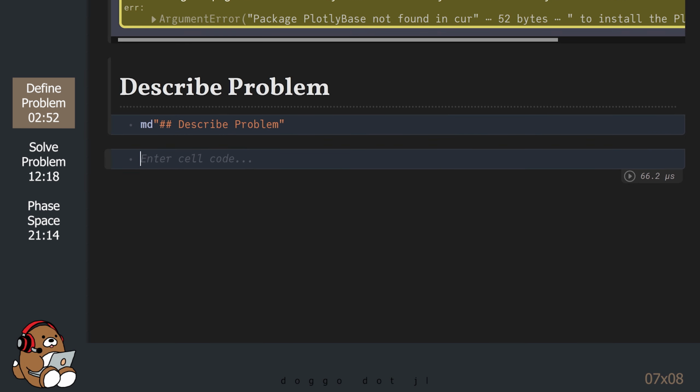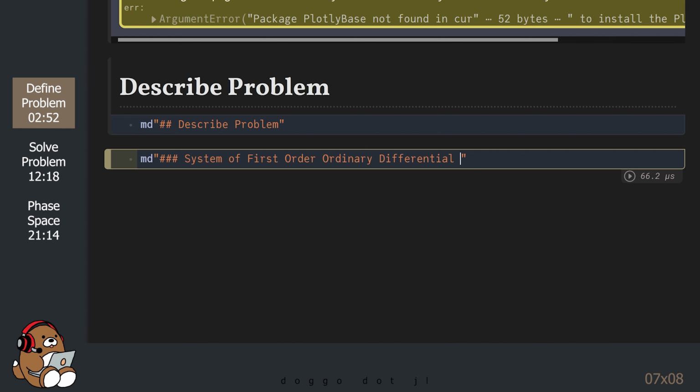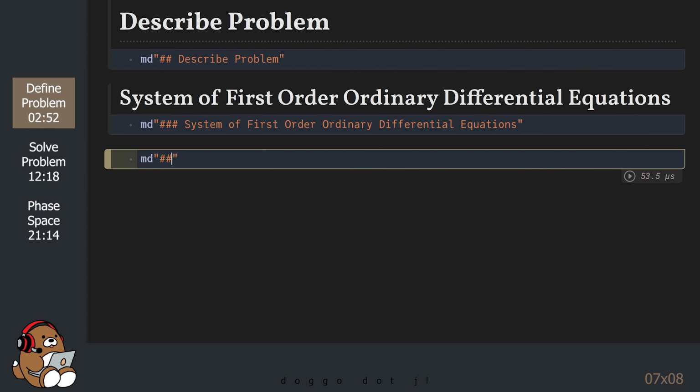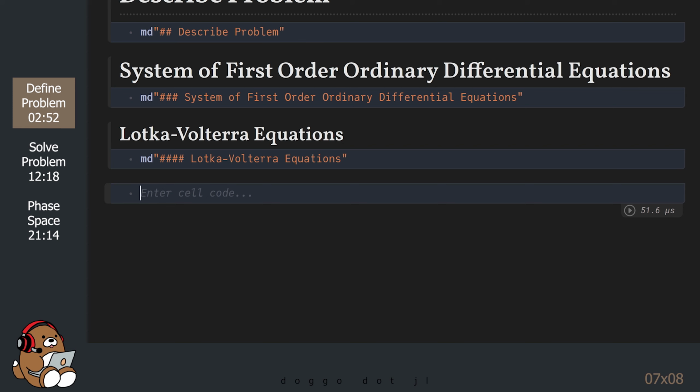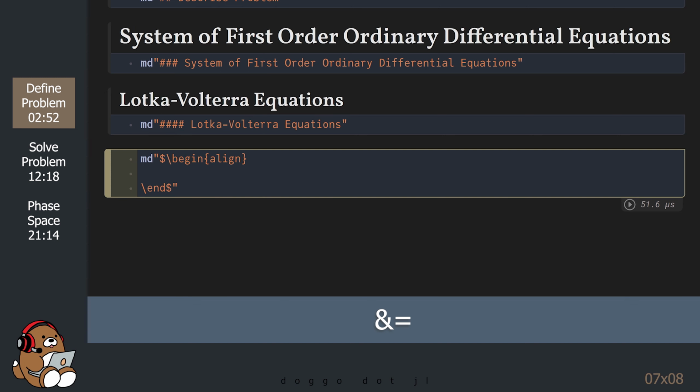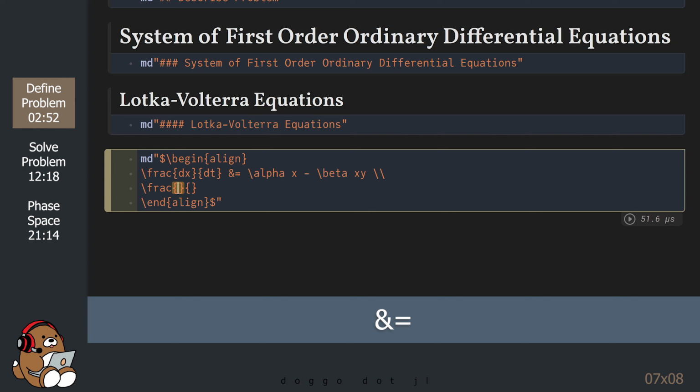The Lotka-Volterra equations are a pair of first-order ordinary differential equations. In math, when you have 2 or more finite simultaneous equations, this is known as a system of equations. In LaTeX, you can align equations on a specific character by using the ampersand immediately before the character that you want aligned. In this case, we're aligning the equations on the equal sign.